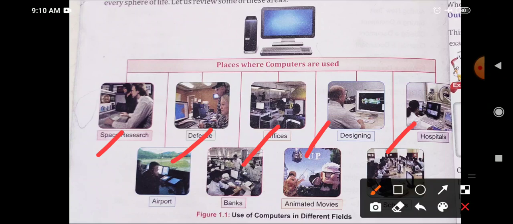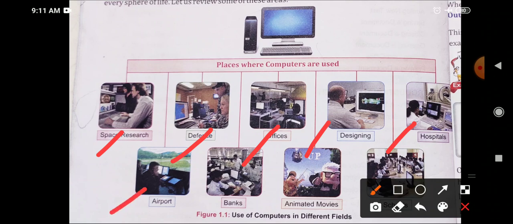Now in hospitals there are also so many machines which are totally based on computers, right? And all the data related to the patient, their condition, their illness, and past records of their illness, all these records are maintained in computers, right? So in hospitals also computers are very important.